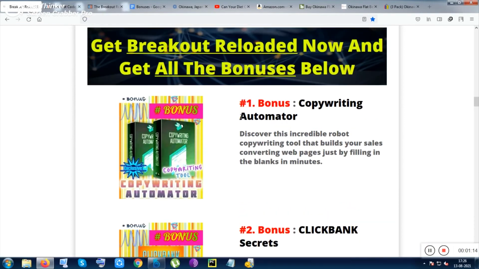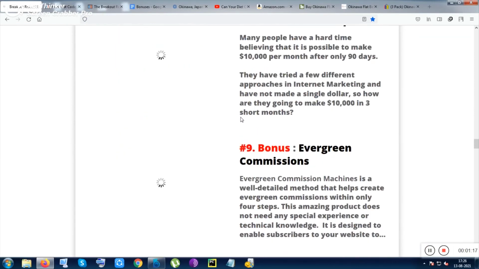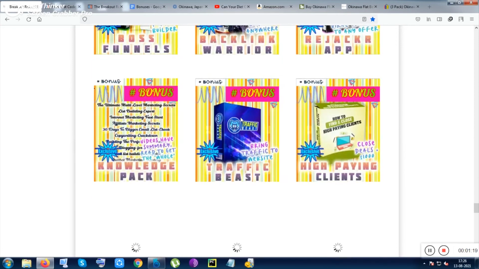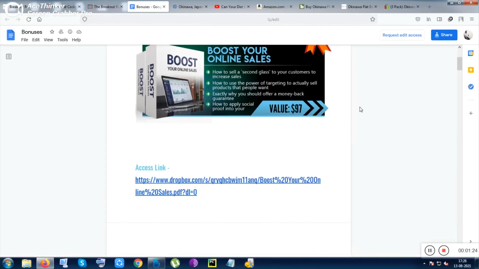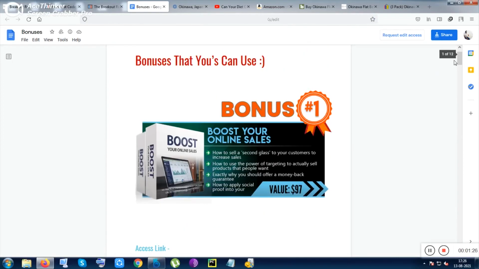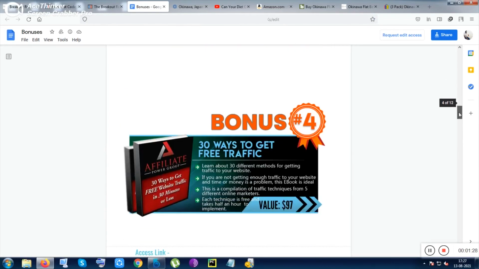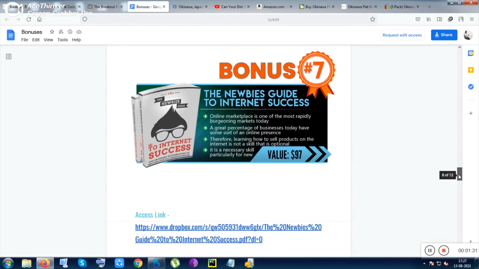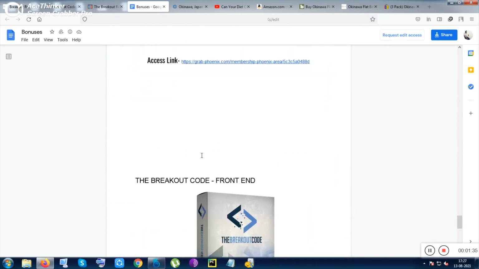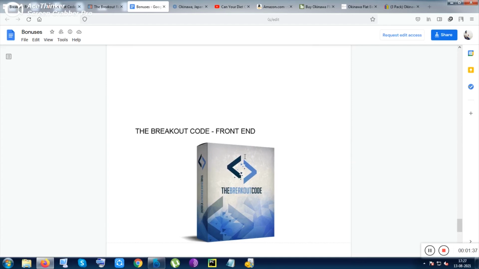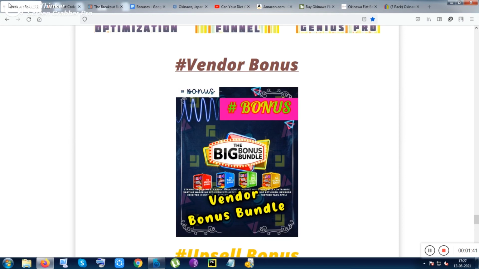These are the bonuses for the front end. A total of 30 bonuses will be given to you with Breakout Reloaded, and there are also vendor bonuses, numbers 1 to 10. The previously launched product Breakout Code will also be given by default by the vendor.